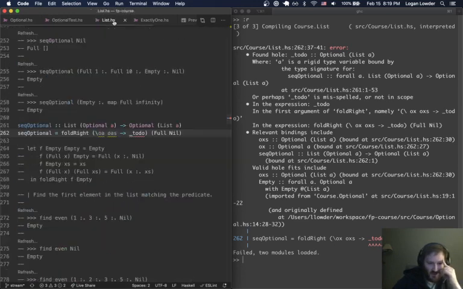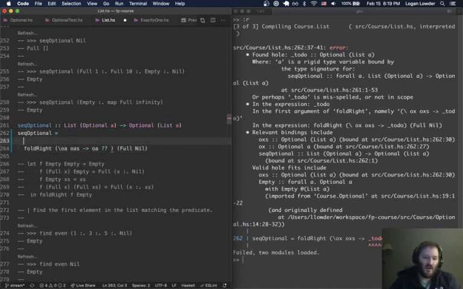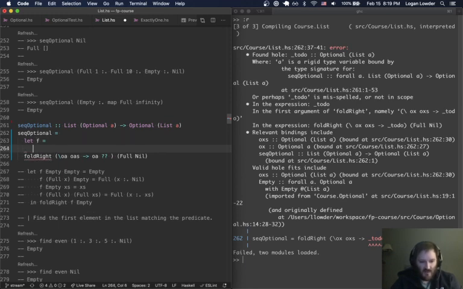Yeah, I guess what I'm thinking through is I could check the optional value like this. But what am I going to do with it? So I have to give some default. But really what I need to do is, if this is empty, I want to, if this is a full value. So maybe it would be better to start out with this and then maybe we can simplify it afterwards. So I'm going to say f is a function and then